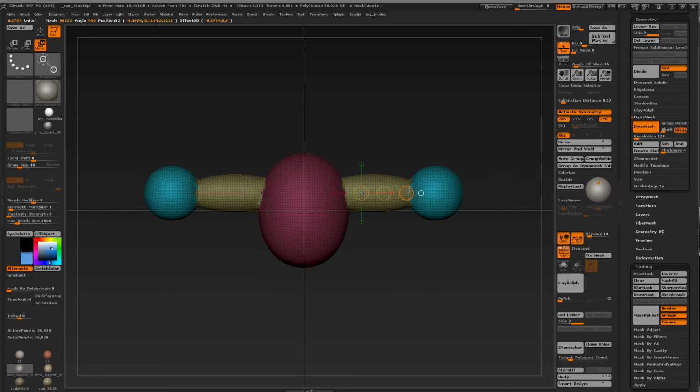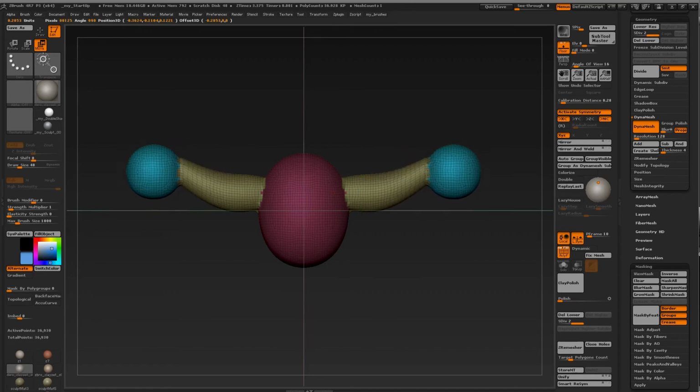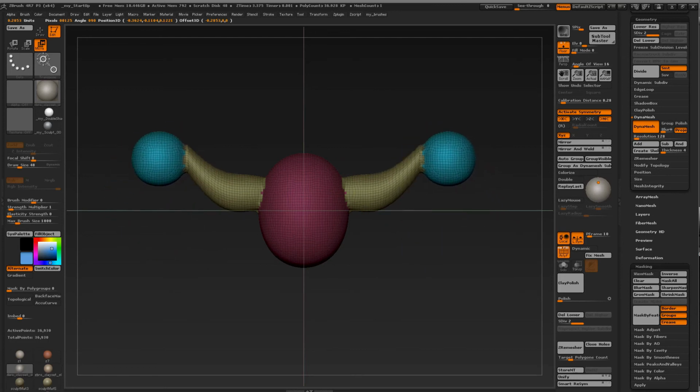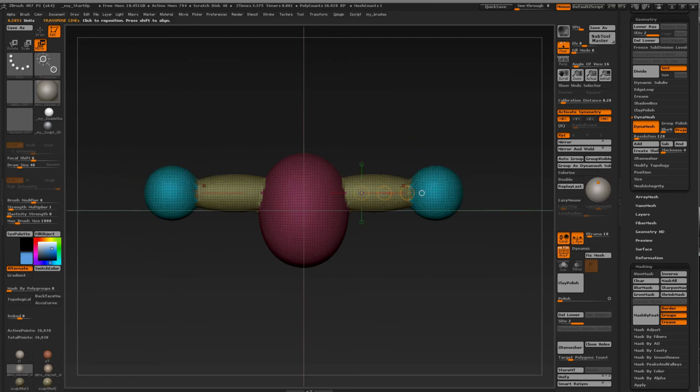So if I, for instance, want to move this circly part as a whole, then I move my endpoint in front of it, and when I now press Alt and move around, you see that end circle is being moved rigidly, and between the start circle of the Transpose Line and the end circle, you have a falloff